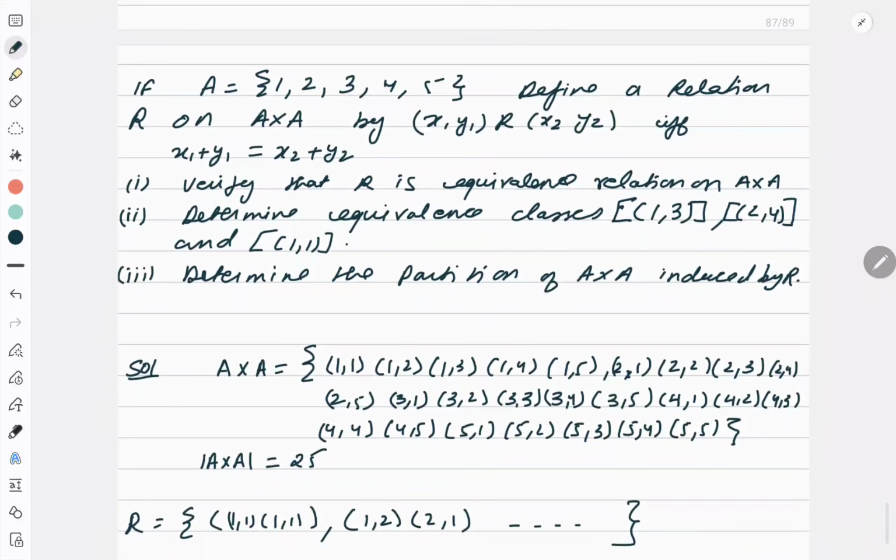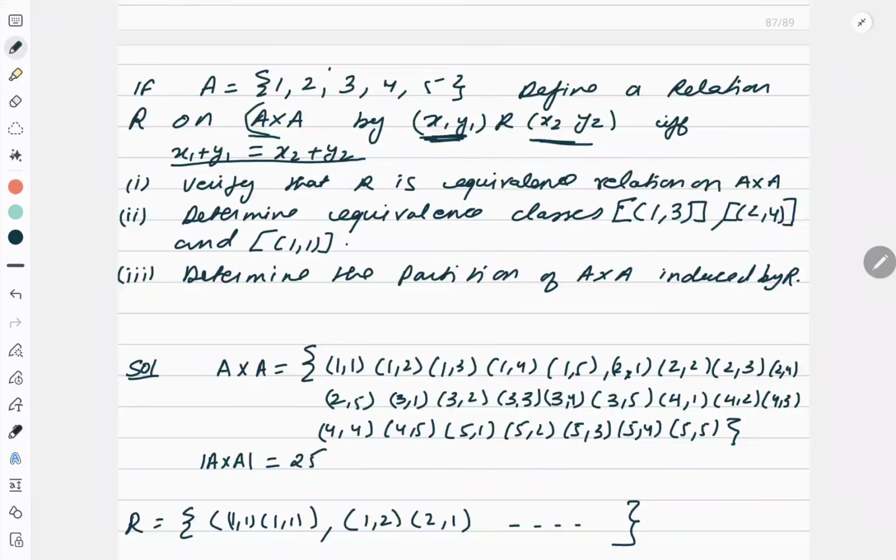Okay, this is another question. If A is equal to this, define a relation R on A cross A by this thing. Now the set is A cross A. If the set is A cross A, it means every element is an ordered pair. So there will be a little confusion. But just understand, instead of single numbers, now you have a relation defined on A cross A. So it is an ordered pair. Even a single element you are picking up is an ordered pair. So they are saying this is one single element, this is one single element. They are related if they satisfy this property.